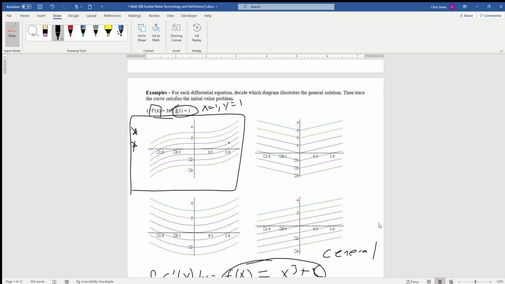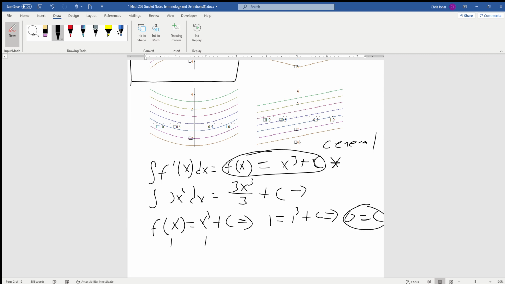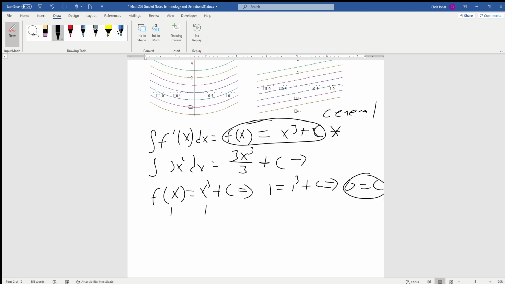Another way to do that is to just immediately substitute back into the general solution. Since f of x is equal to x cubed plus c, this would imply that f of x is 1 and x cubed is 1, or x is 1, excuse me. So we get 1 equals 1 cubed plus c. And it's evident that c is going to be equal to 0 by subtracting 1 from both sides. So the particular solution to this differential equation is f of x equals x cubed plus 0,